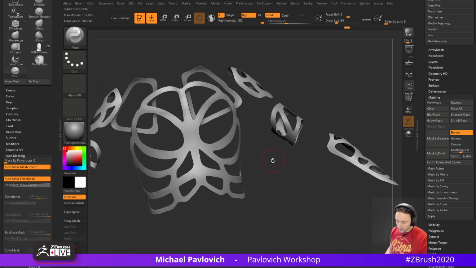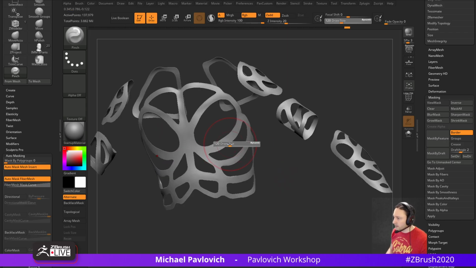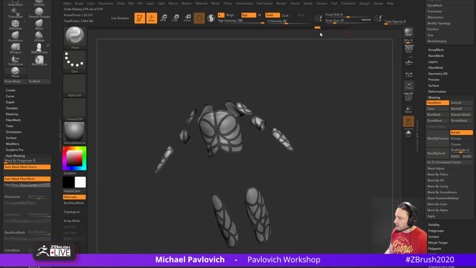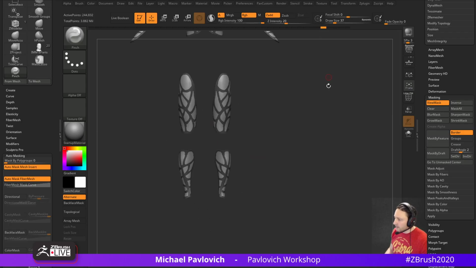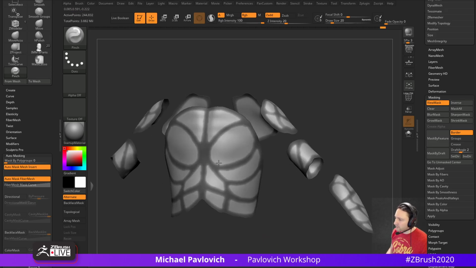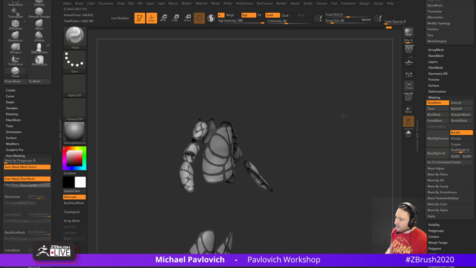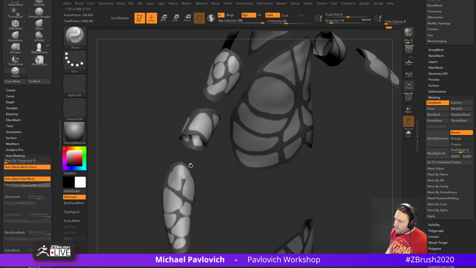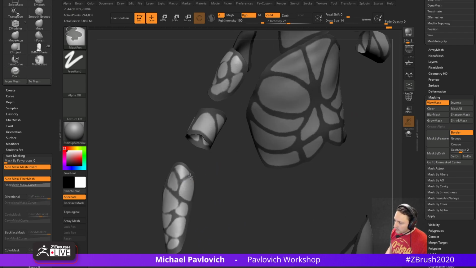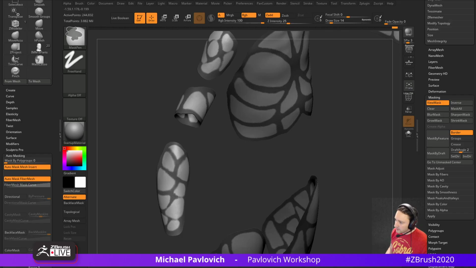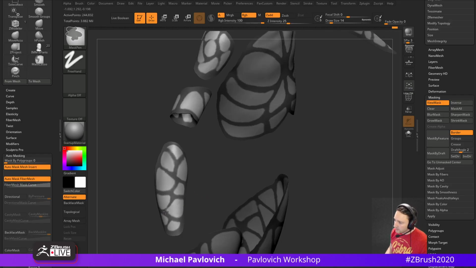Keep that smooth. Another thing we can do is go through here and pinch this, and this is actually, okay, let's do this. I'm going to take my history slider all the way through. There's a couple areas that I wanted to, so first of all, we can hold down Control and kind of blur that mask, and that'll actually shrink the mask down, and then Control Alt will tighten that up, and you're going to see it gets smoother, but also thinner, and I think that'll be a little bit better for what I'm going for. And we can always thicken the geometry up later after we give it some thickness here, but what I'm trying to do,